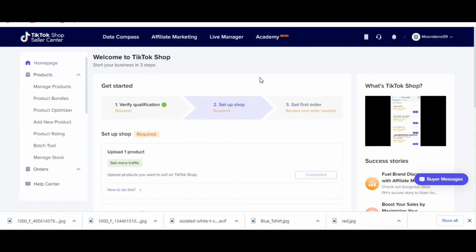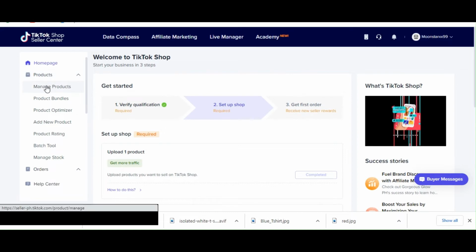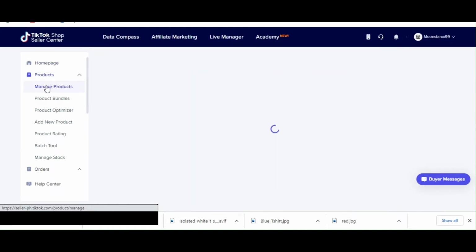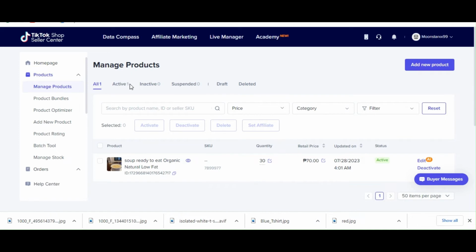So let's get started. First, what I'm going to do is open my browser and go to the seller center of my TikTok shop. And then afterwards, here in the left hand corner, you can actually see products. Now click on manage products. When you click on manage products, you will actually see all the products that you have added onto your